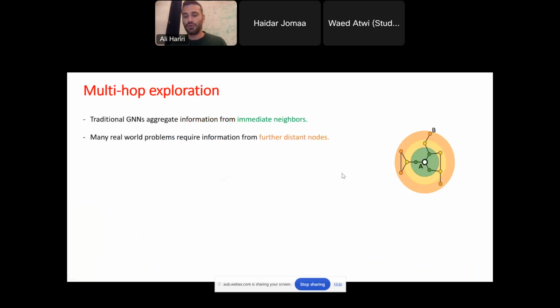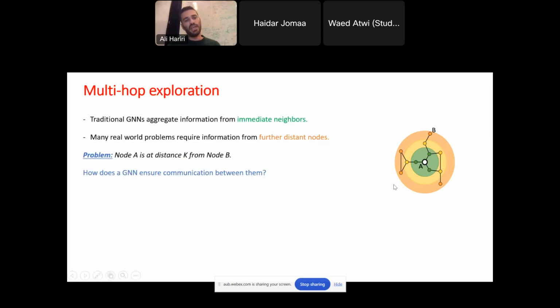So when you have a graph, you don't want to just be biased by your direct neighbors. You want to go for long-range exploration and see what's interesting out there, who has common features with you, who resembles you at a long distance that you don't know about. So traditional GNNs, of course, aggregate information from immediate neighbors, but in many real case scenarios, we want to explore information from long ranges. So in this case, I show you a simple graph where node A is at a distance of 3 from node B. So it's multi-hop, small still, but it's multi-hop.